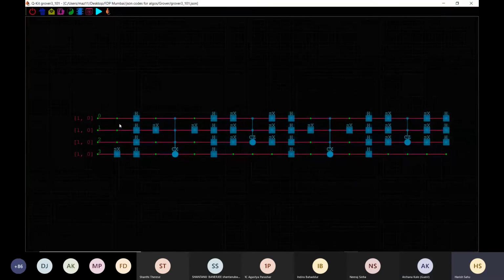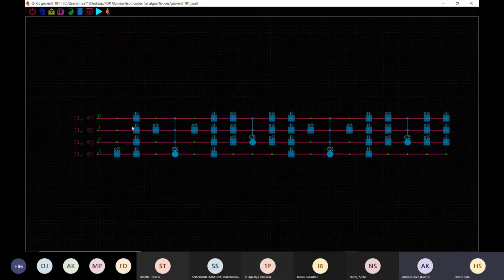So what we did is, this is a standard part. So 3 qubits are initialized with 0. The auxiliary qubit or helper qubit is initialized with 1. So this X is basically doing the NOT gate. Then we will apply Hadamard. This is the standard part. Hadamard is the standard part. Yes. So the initialization has been done.